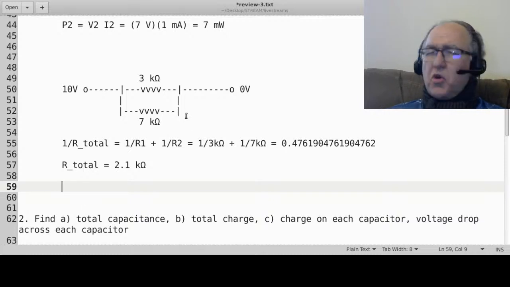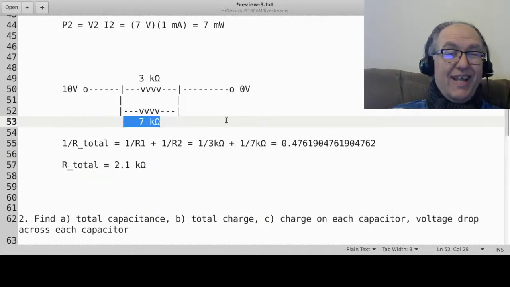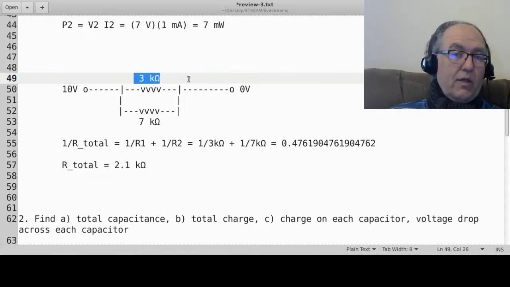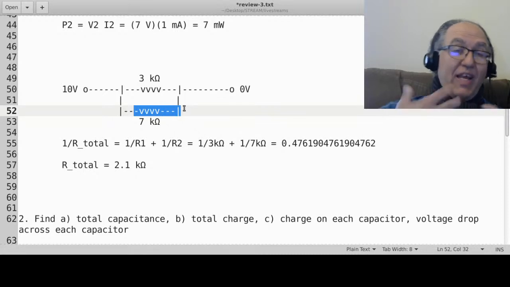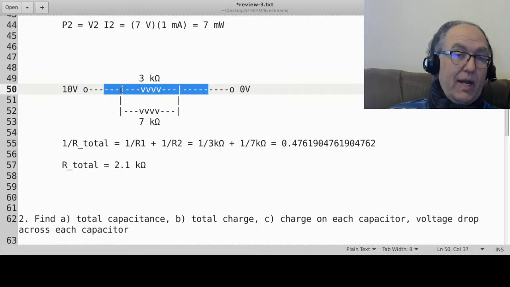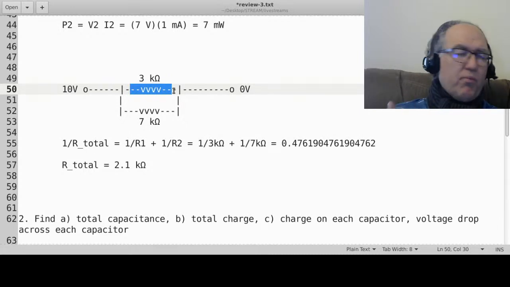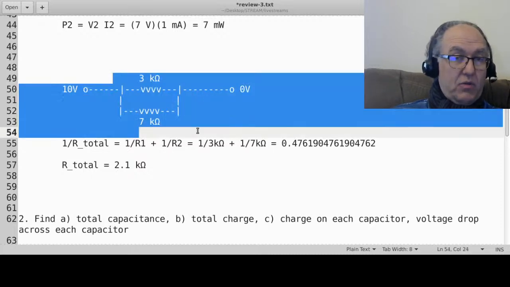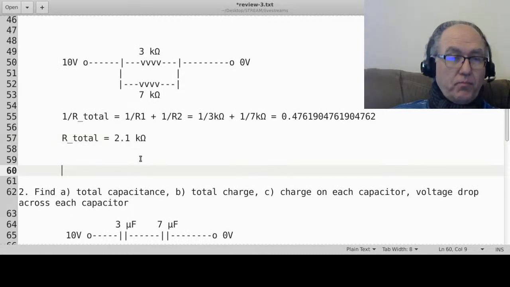Now, just so you know that you're heading in the right direction, expect that the total resistance in parallel is less than either one of them. So 3 is the smallest that you have here. The total is going to have to be even smaller. The reason is that this extra resistor actually makes life easier for the current, because the current gets to here and it's not forced to go through the 3 kilo ohm. Some of the current can split off, and that relieves some of the electrical pressure, if you like, through the 3 kilo ohm. That's why effectively the two together reduce the resistance. So there's the total